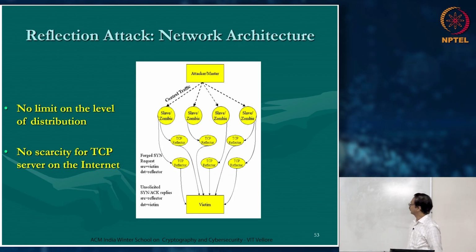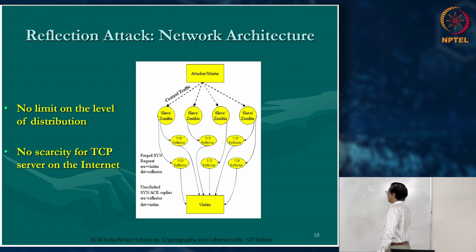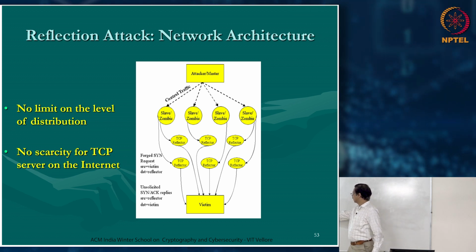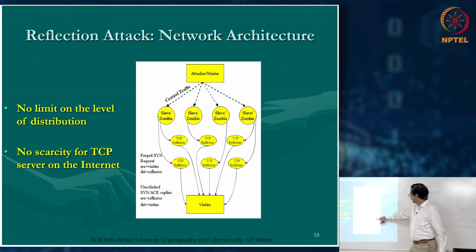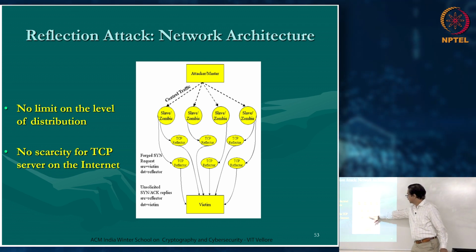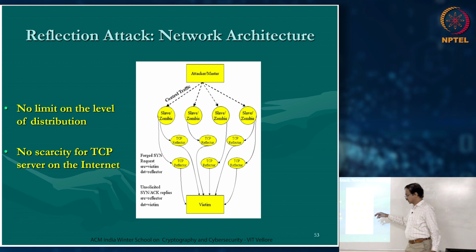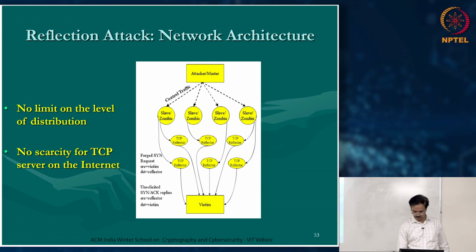compromised machines. The flood actually originates from these machines. These are massively distributed reflection types of attacks, where these machines are standard machines. They are exploited as a reflector. So you can see here,